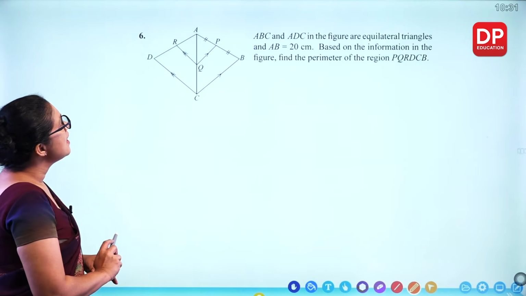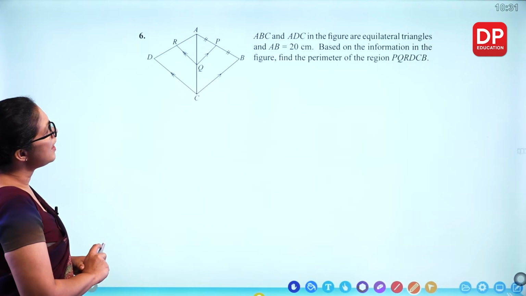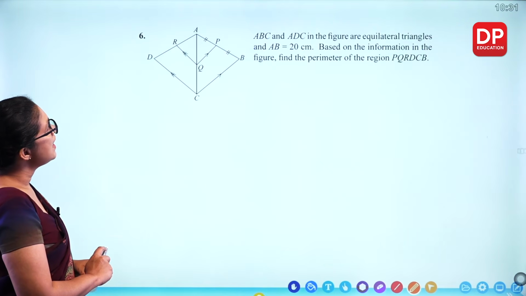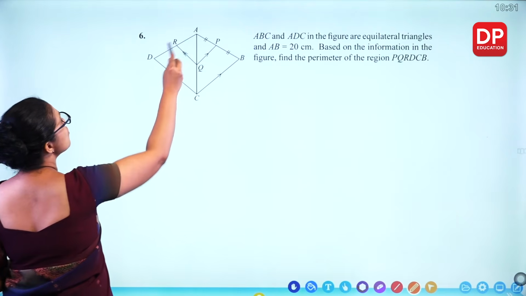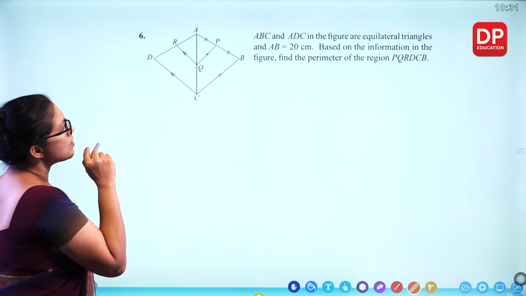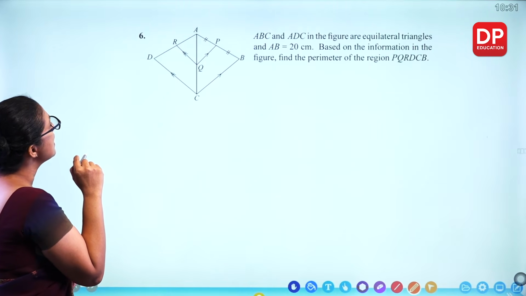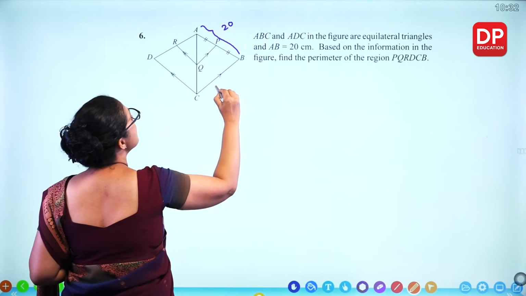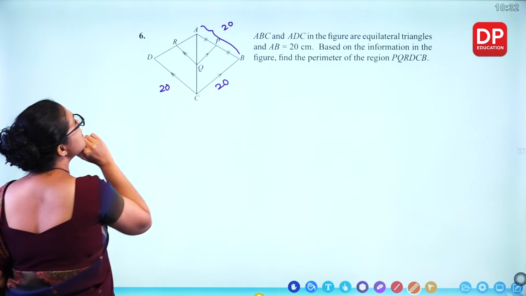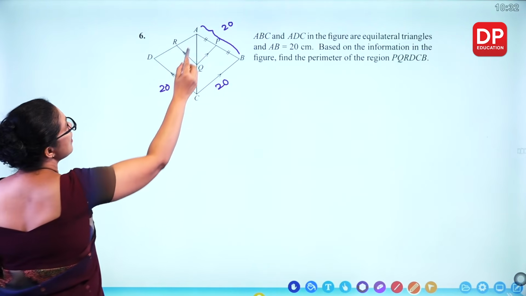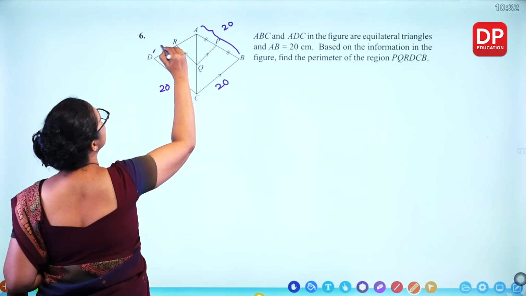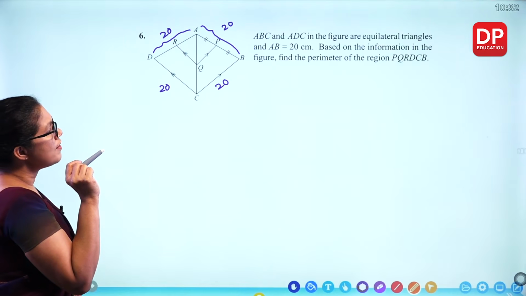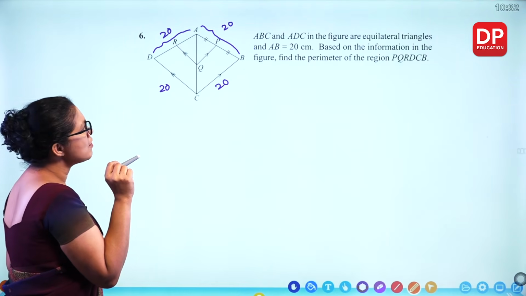Question number 6. ABC and ADC in the figure are equilateral triangles. These two are equilateral triangles. All sides are equal. AB is 20. So, this length is 20, this is 20, and all these lengths are 20 because of the equilateral triangle. Based on the information in the figure, find the perimeter of the region